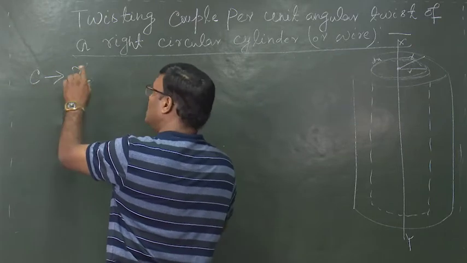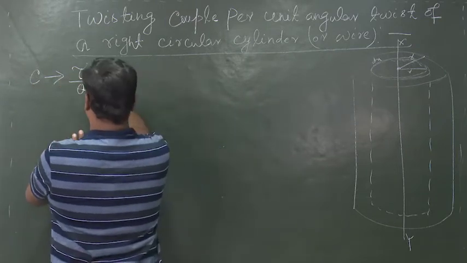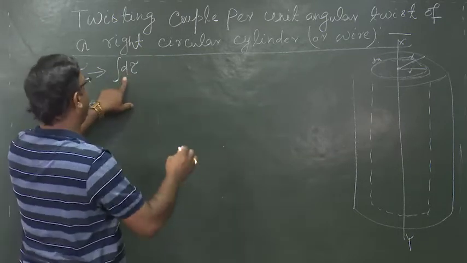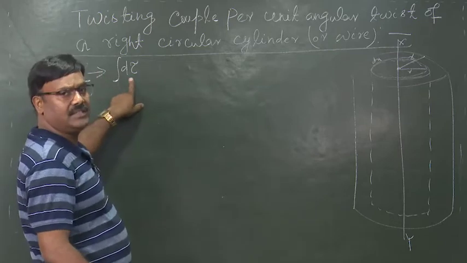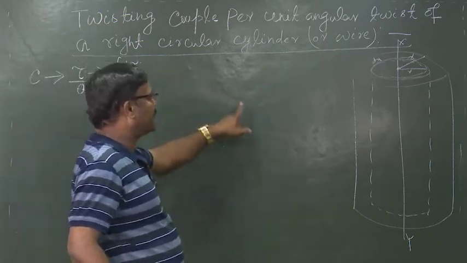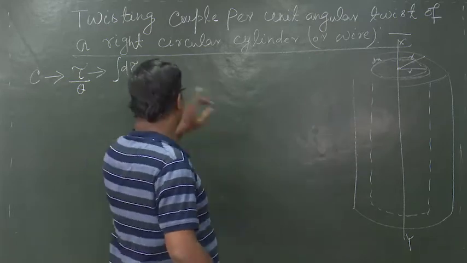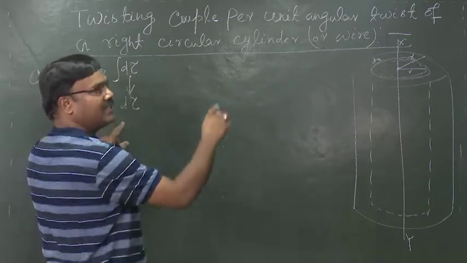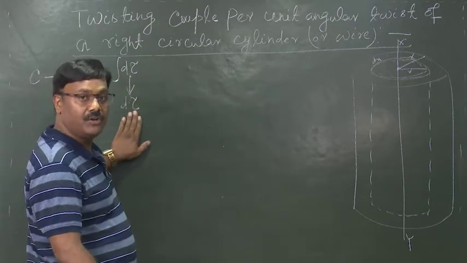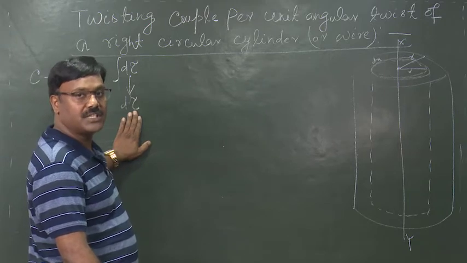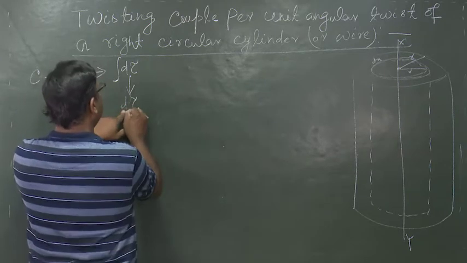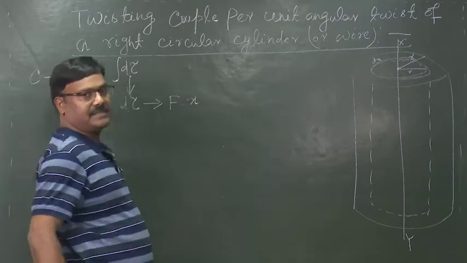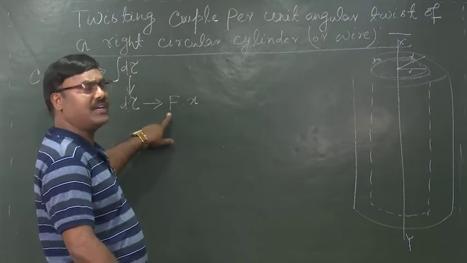we can get this. To find this we should first find d tau, and integrating this d tau we can get tau. Then what is d tau? D tau is the torque acting on the element considered. So, to find the torque d tau acting on the element, what do we have to do? We know torque is equal to force into distance. So, to find d tau we have to calculate force into distance. Then how can force be calculated?